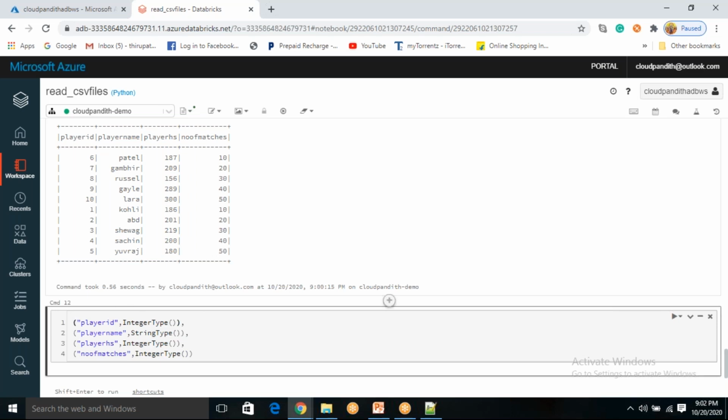Now all these are your fields. Those fields are called structure fields. You need to tell that all these are the structure fields. These are the 4 columns you have. One column is going to be one item. This is one item, this is one item, this is one item, and this is one item.